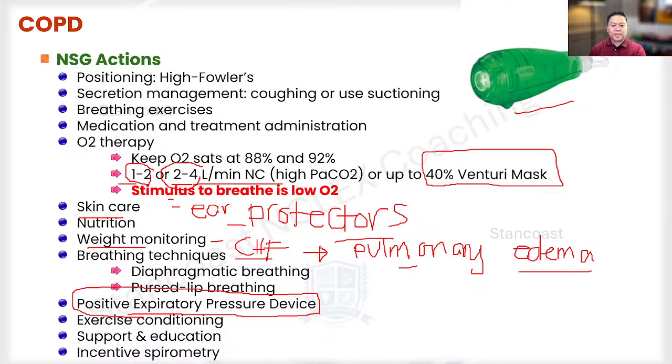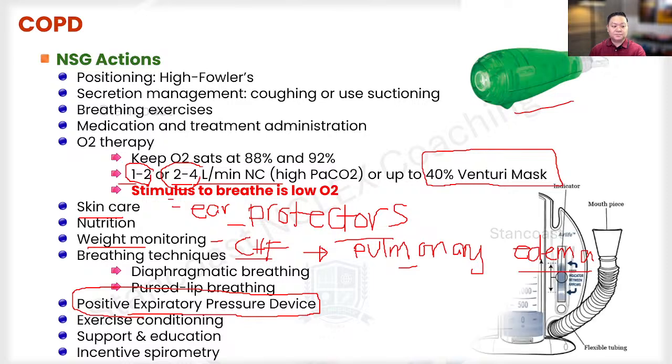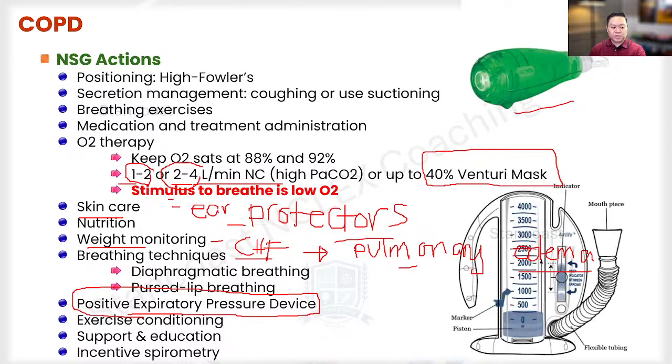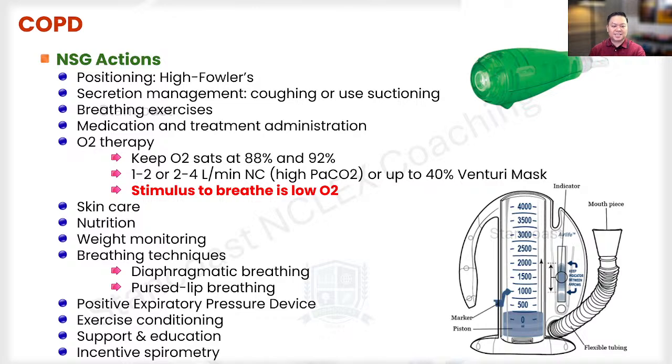Now, talking about another modality of treatment: the use of the incentive spirometer. I'm not quite sure if you have done some education with your patient on the use of the IS if they have a COPD, because this is something we usually see in a post-op patient, but not often in a patient with a COPD. This is very important, guys. The use of the incentive spirometer is really important, okay?